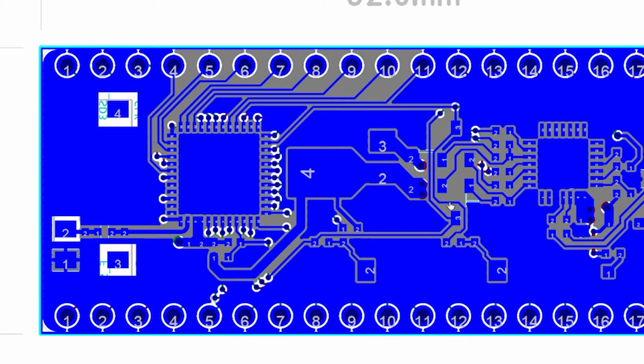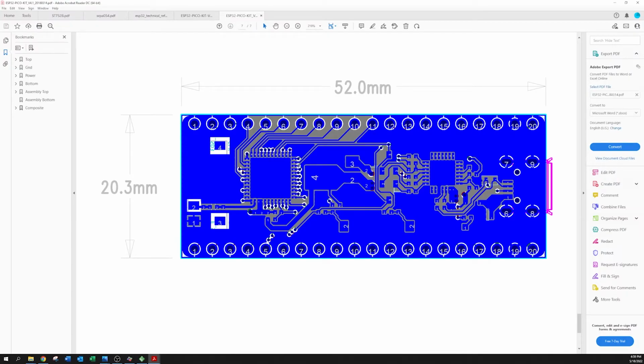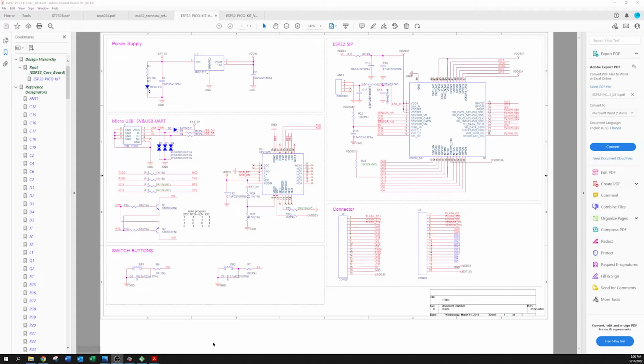Anyway, you can see a trace comes up through here, goes underneath this transistor, then runs up here, and then runs into this transistor pad. And then goes up here, goes into a via, and comes over here, all the way over, and then, hold on, all the way down here, sorry, and then boink, right into GPIO 0. All right? And I'm like, oh, okay, so why is it going into this transistor right here? And this is the collector of the transistor. So I come back over here to this drawing, and I do a search on IO0, and